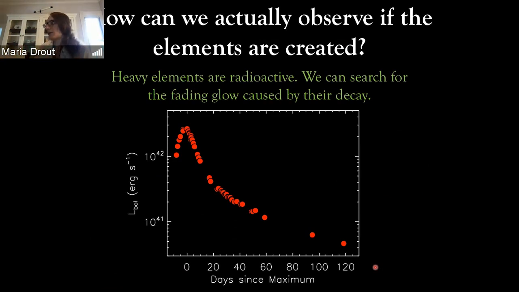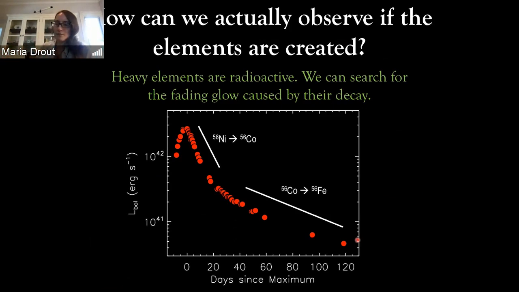This is 120 days, and it'll continue past then. And the energy that is powering that is due to radioactive decay of the elements that are created in the explosion. So in this case, for a supernova, we can actually trace back down these decay rates that we are observing with time to what the main elements they synthesized are. In this case, large amounts of radioactive nickel, which decays to cobalt, which decays to iron. And we can see that in the light from the explosion if you can follow it long enough.